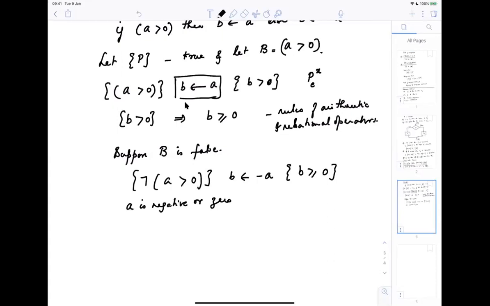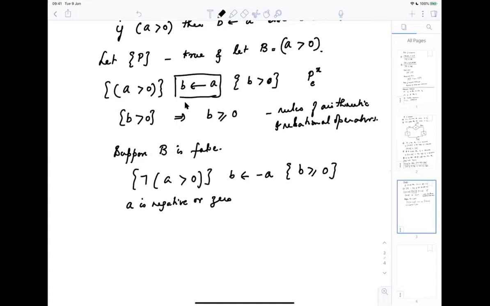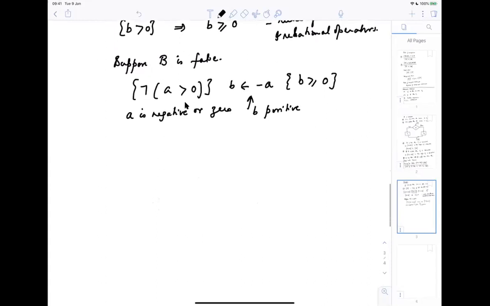So A is negative or 0. If it's negative, then this makes B positive, and therefore we have greater than or equal to 0. We can therefore conclude that